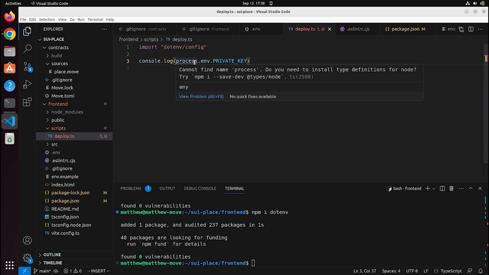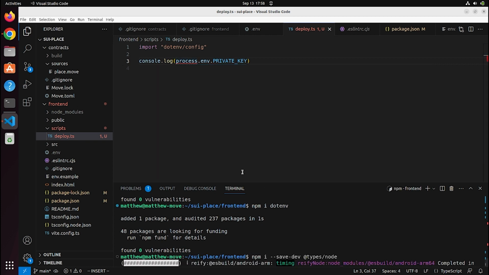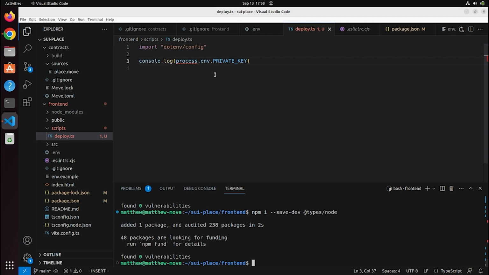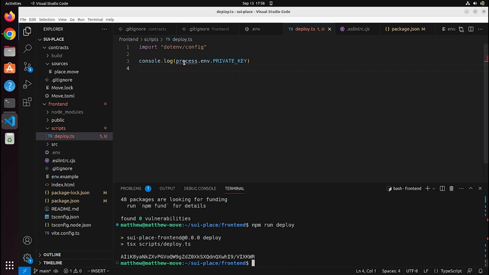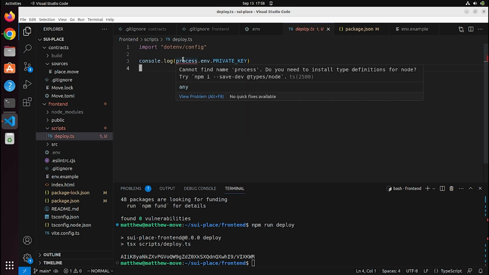And we also have this issue where it cannot find the name process, and it tells us to run this command. So we're just going to go ahead and run it. Ctrl+C, Ctrl+V, and that fixes the issue. So then we can do npm run deploy. Yeah, not entirely sure why it doesn't immediately resolve that, but we can just close and reopen the deploy script, and then